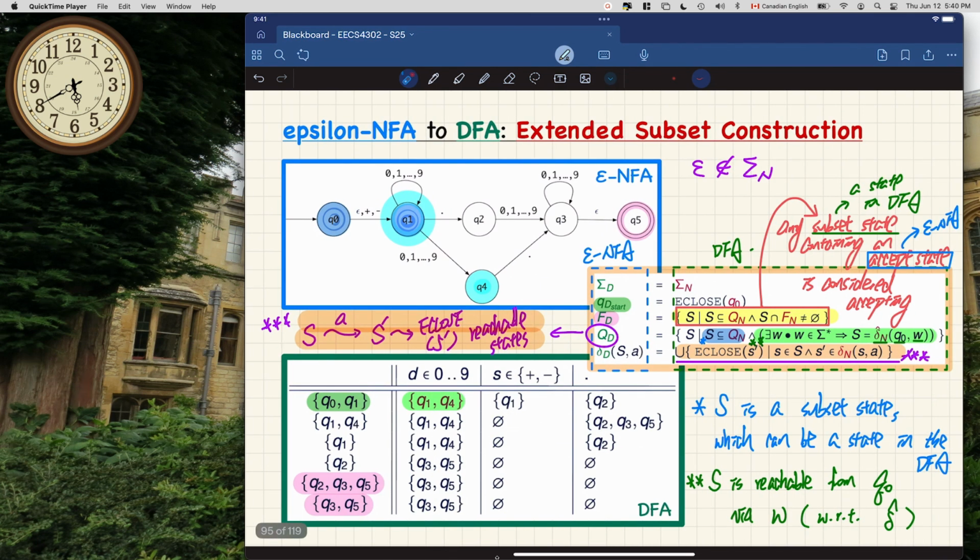And then we talk about the formulation of the extended subset construction. Extended in the sense that we have to handle epsilon transition by calculating the epsilon closure. And when we are doing the epsilon NFA into DFA conversion, we have to use this technique. And these equations over here that we went over one by one are about the formulation of the